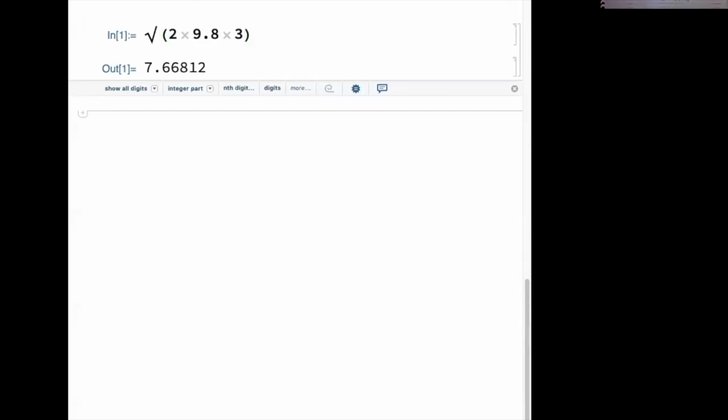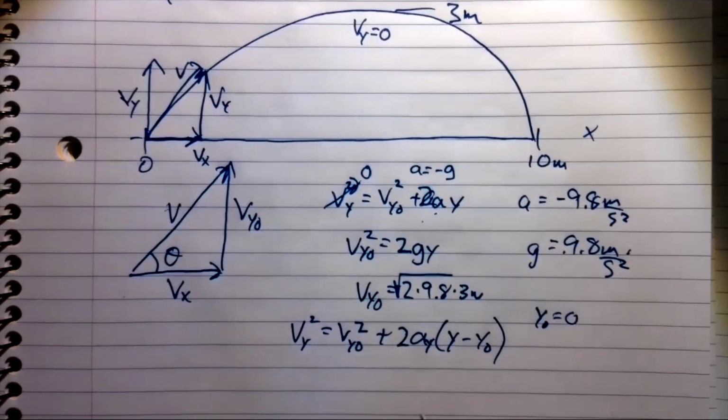So I will have 2 times 9.8 times 3. It's going to give me a number of 7.66812 meters per second. And I'm not going to put that in significant digits yet. I will wait until the end to do that because I do not want to lose anything. So that's going to give me